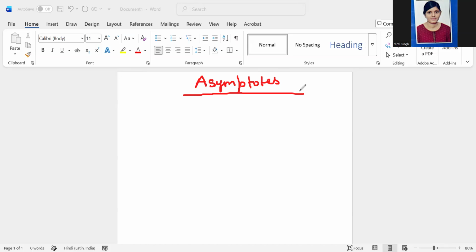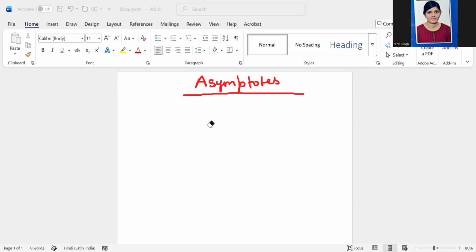So asymptotes are just like if we are driving a car and there is a speed limit, suppose it is 120. So we will go near to 120, but never go to it, because if we go just beyond it, then we have to pay the fine. So in mathematics, asymptotes are just like that. An asymptote is a straight line or curve that approaches the given curve and heads towards infinity but never